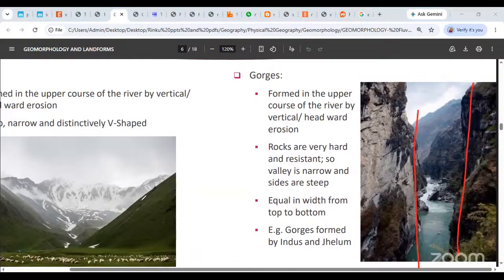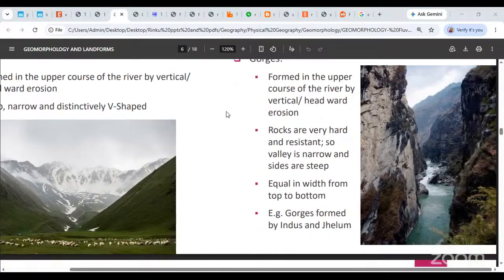Okay, the gorges usually, वो ऊपर से लेके नीचे तक, from the top to the bottom they are pretty much equal in width. Okay, and these gorges are usually the ones that are formed by the Punjab system. Okay, so whether you Indus system के Indus, Jhelum, Satluj सबके gorges बनते हैं. Famous, they are all famous for making gorges. Okay. गंगा के अगर आपको gorges check करने हैं, गंगा के या गंगा के tributaries से, तो you have to check them out somewhere in the Nepal Himalaya से, वहां पे usually आपको बहुत सुंदर gorges मिलते हैं.